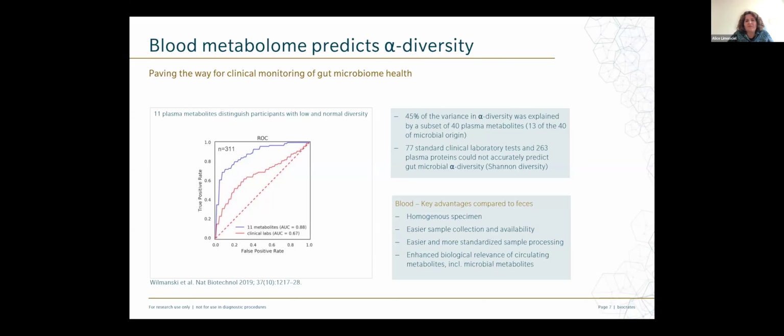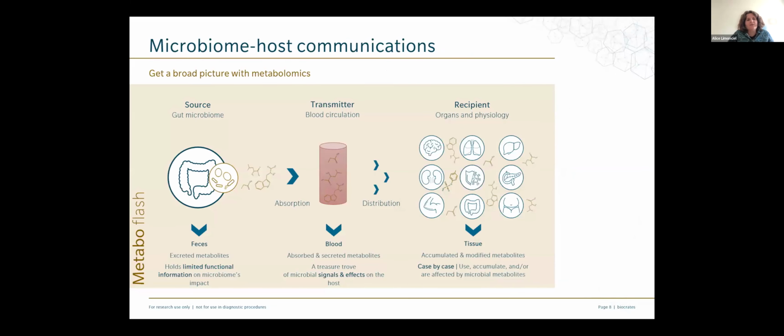But overall, I think for me, the main argument to study blood, and again, I have nothing against feces for this, but really so that people don't overlook blood in their study design, is that you get extremely interesting biological information when you combine blood metabolomics with feces metagenomics. And so to have a global overview of these different matrices and what we can get out of them,